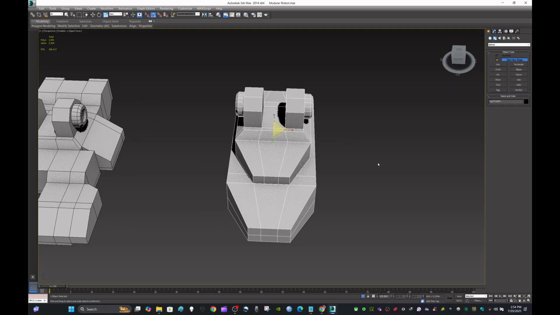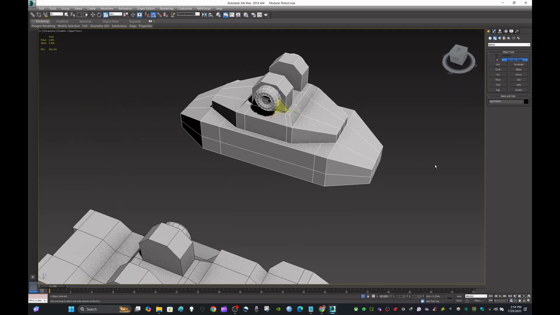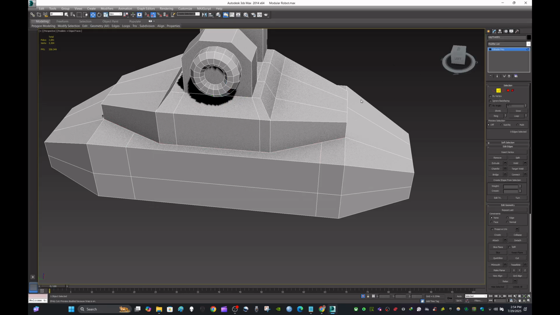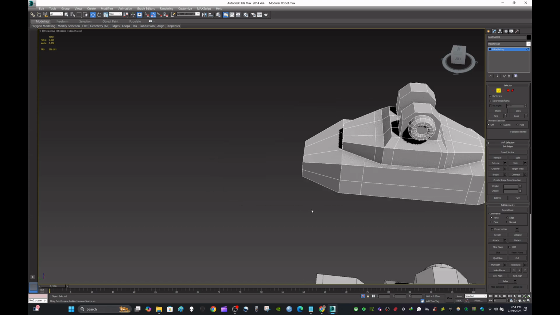Make a slight change of this one. Remove the bottom part and just make some adjustment here as well, here as well. Okay,